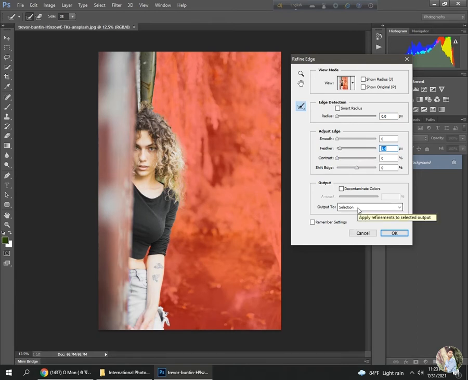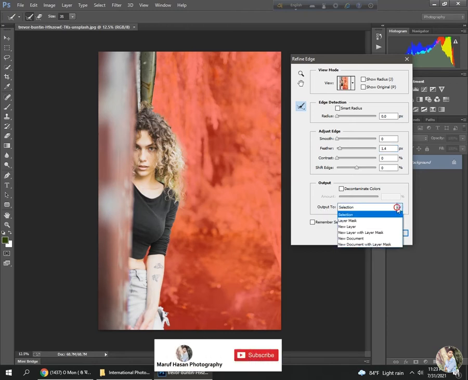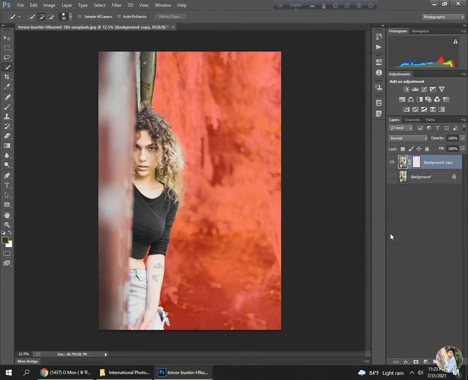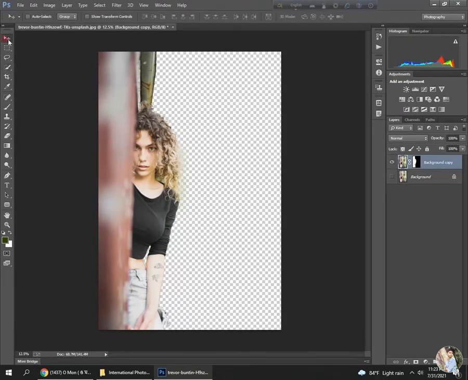Then go to the bottom of this menu and click on the selection option here and click the fourth option, new layer with layer mask. Click on this and OK, and see, you create a different layer